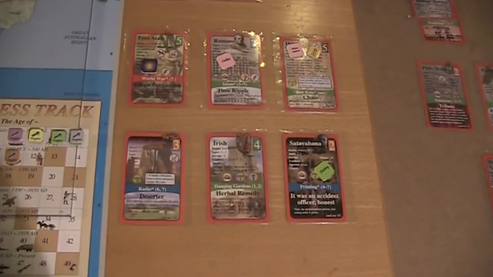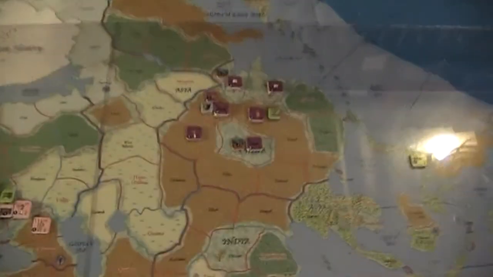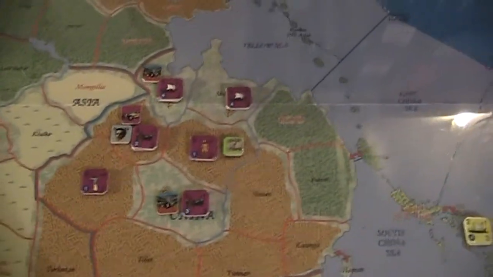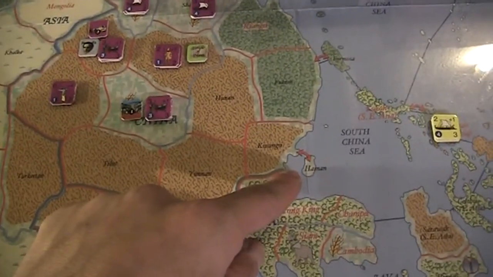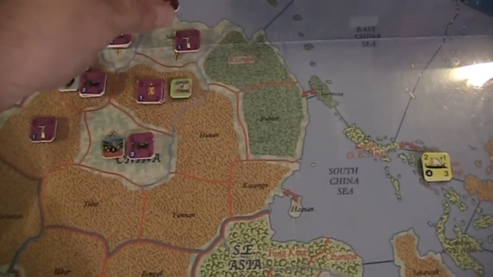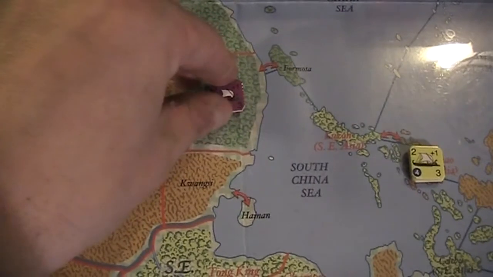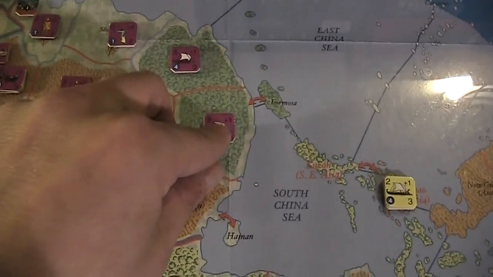So, let's see. Do we see more movement? More maneuver? Yeah, the Chu. They will also maneuver. And they're simply going to spread out even more here in China. So let me see. 1, 2. Okay, so they're going to move here to Fujian with the galley, just always following the coast, Jiangxi,